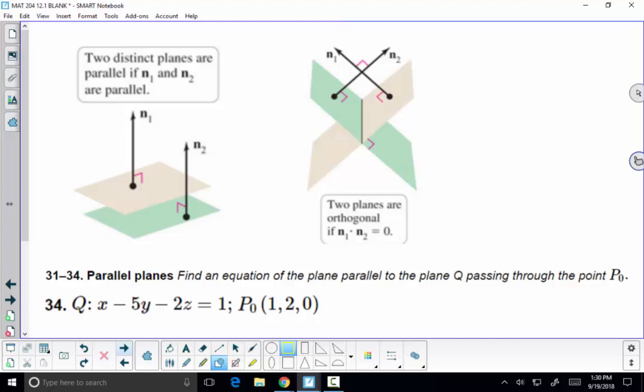If we have distinct planes, we have 2 options here. They could either be parallel, or they could intersect. Those are the 2 possibilities. So if they're parallel, that just means that the normal vectors are parallel. If you have 2 distinct planes, so they're not the same plane, and the normal vectors are parallel, the planes are parallel. Similarly, if you have 2 planes that intersect,